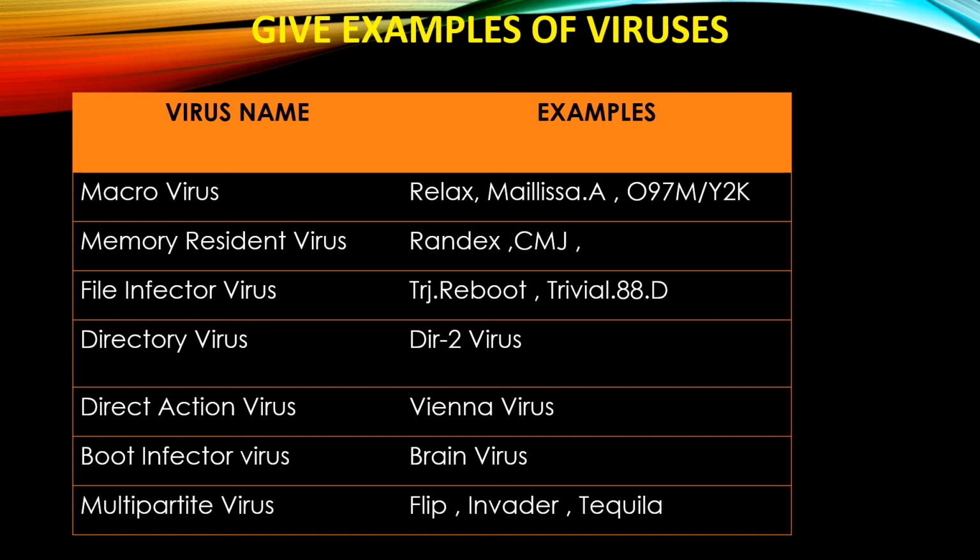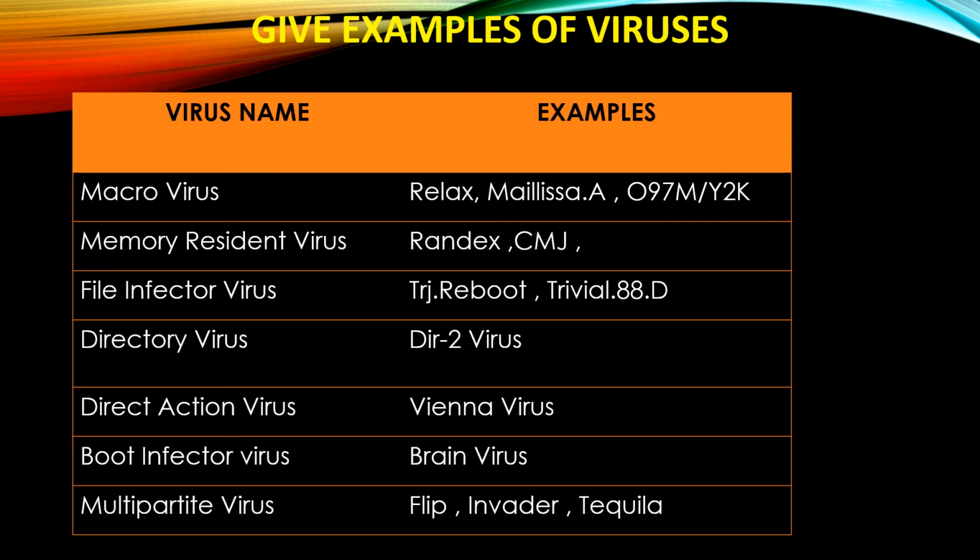So the fourth question is, give some examples of viruses. As you can see on the screen, there is a table where I mentioned virus names and their examples respectively. So let's start with macrovirus. Examples: Relax, Melissa, A O97M. Second is memory resident virus. Example is Randex CMJ. Third is file infector virus. Example is Trj.Reboot,